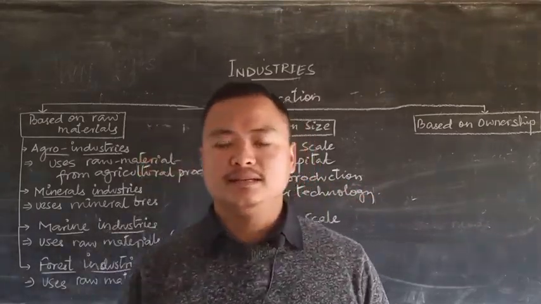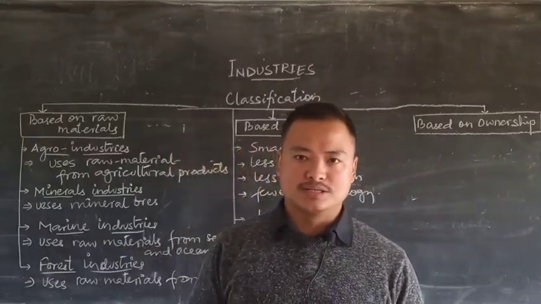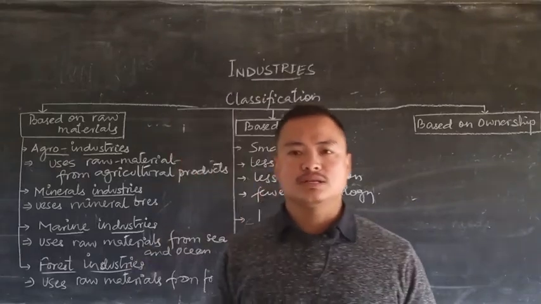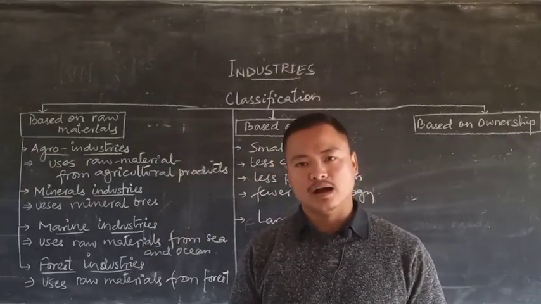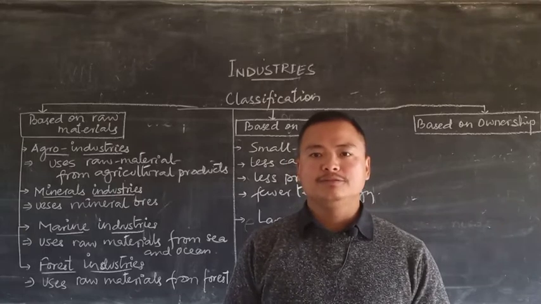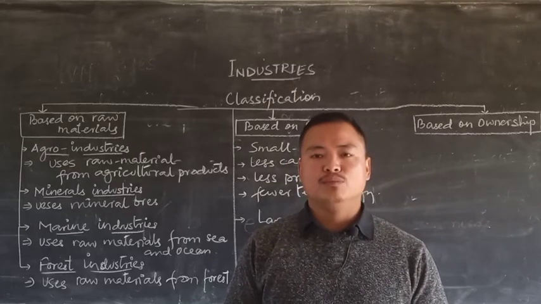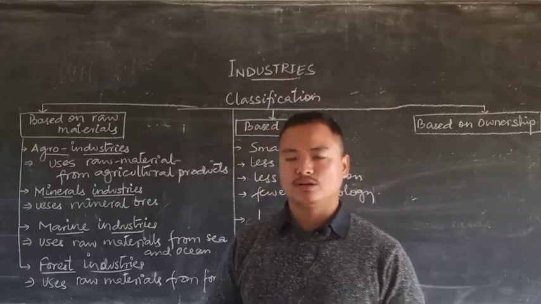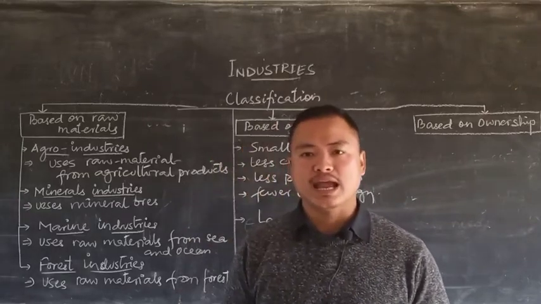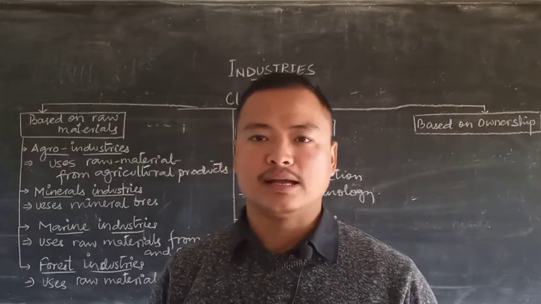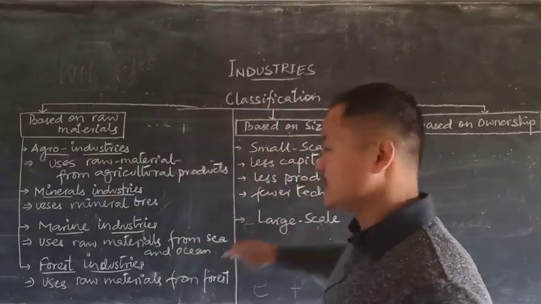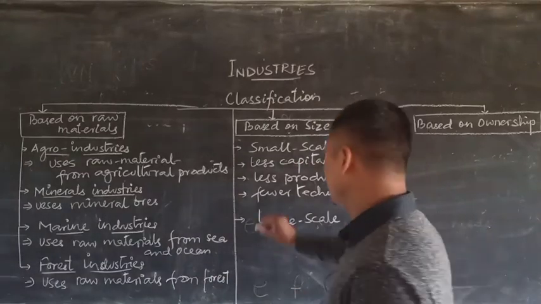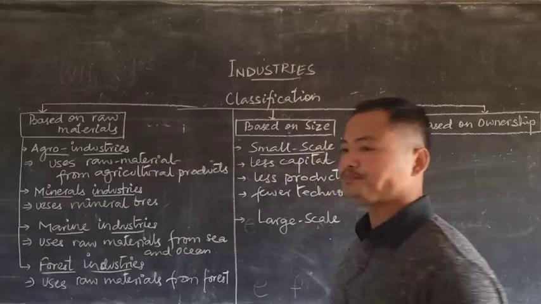Under this category, you can also find cottage industry of this small scale. So when we talk about cottage industries, cottage, a small confined room like a house where the family members work and most of the work is handmade. There is not much technology involved in the cottage industries. Those are mostly handmade products that come from the cottage industry, which can also be categorized under the small scale industry.